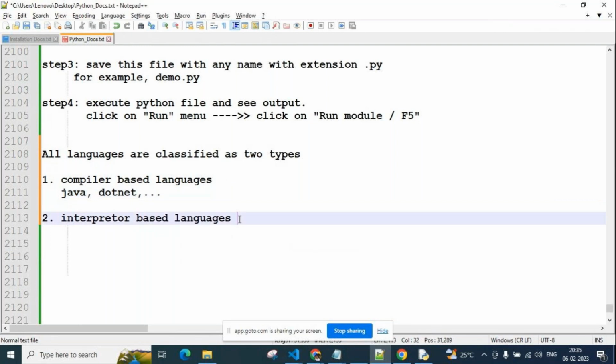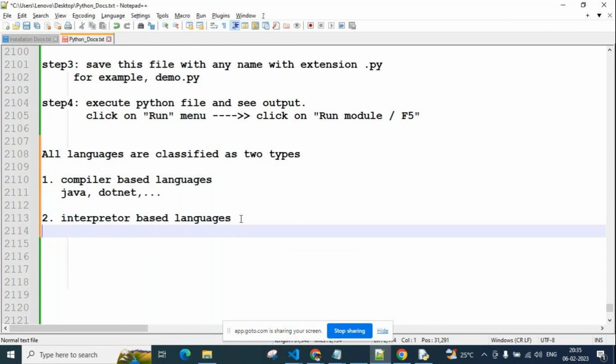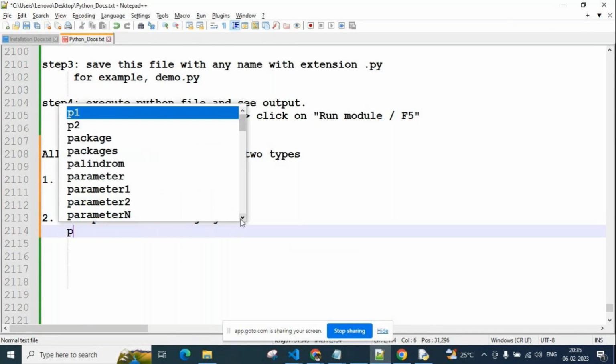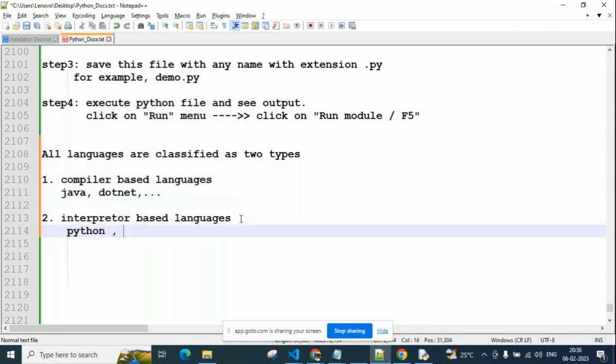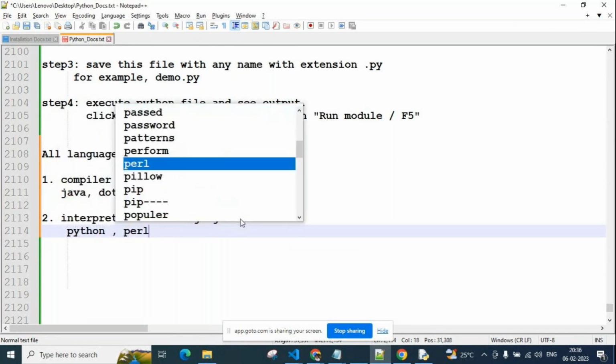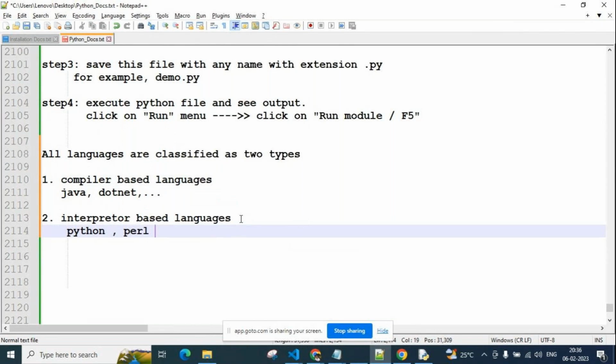And the languages which follow the interpreter rules, those languages we call interpreter based languages. For example, Python is an interpreter based language. Perl is another language. These all follow the interpreter.